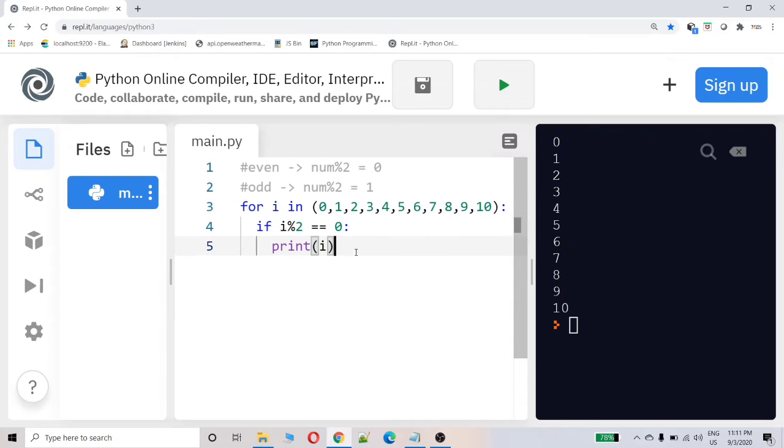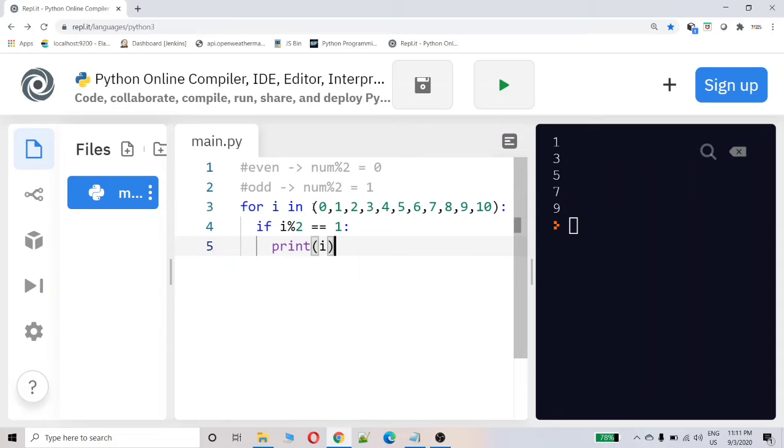So what it will print? It will print all the even numbers. A slight modification, we can print the odd numbers also. So what is an odd number? When it is divided by 2 and generates the remainder as 1, it is an odd number. Let's try to print this.